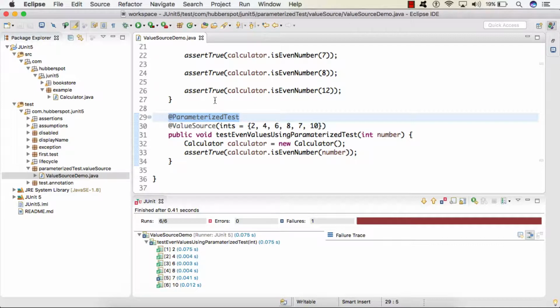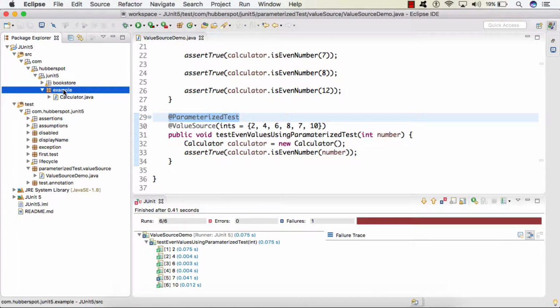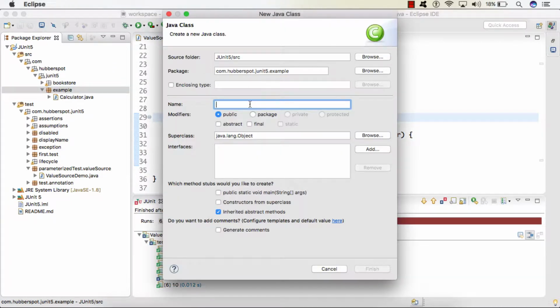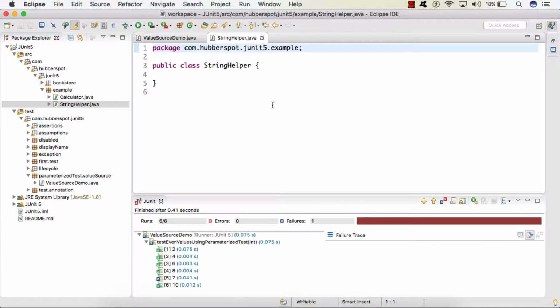So in our JUnit 5 project, under the source folder, in our example package, I will create a class. Let's say I give it the name StringHelper. I will keep it in the package com.hubberspot.junit5.example. We'll click finish. So inside this StringHelper class, I will be creating a method